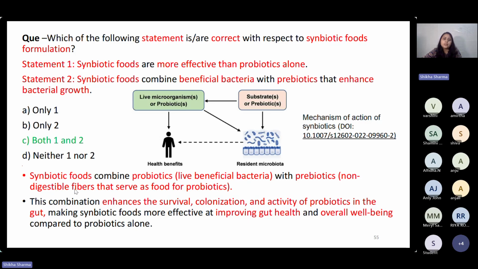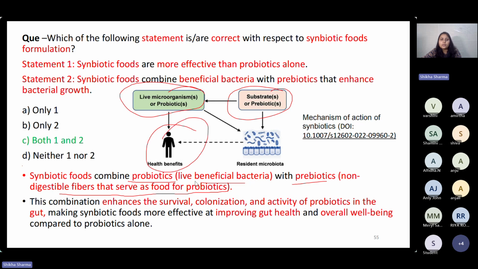What happens? Symbiotic foods are those foods which combine the probiotic, which is a live beneficial bacteria, with the prebiotics, non-digestible fibers that serve as a food for probiotics. So they will be mixed and put into symbiotic food. The live microorganisms and the substrate are used, and it will provide health benefits